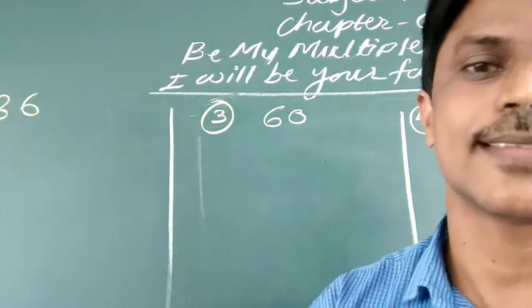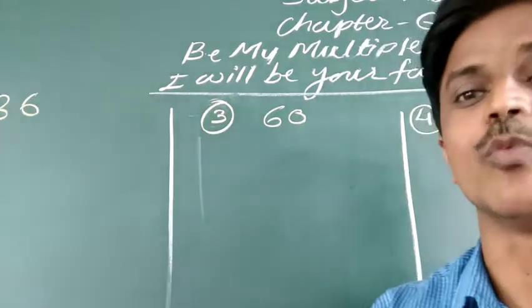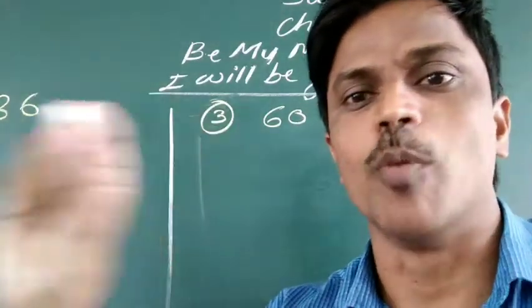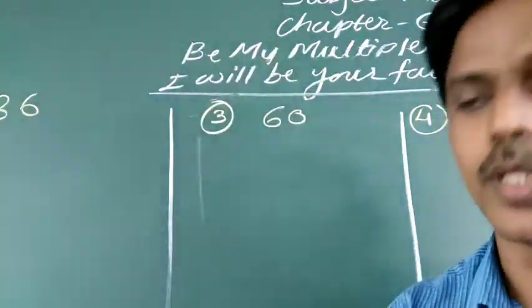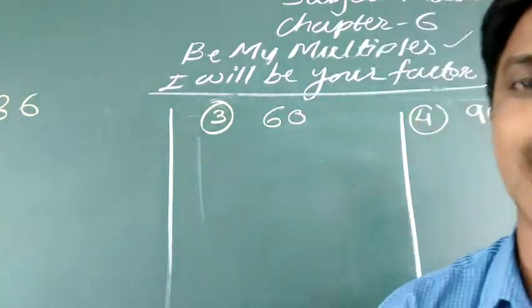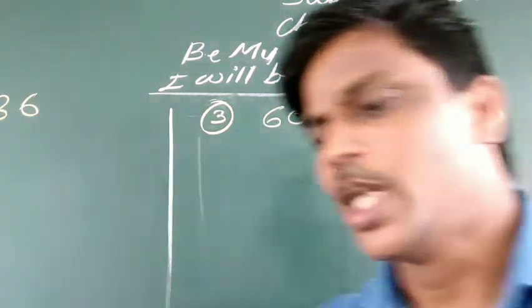Then, after that we discussed about common factor. What are the common factors? And after common factor, we found out HCF of given numbers, means highest common factor of 2 or 3 given numbers. जो भी हमारे पास 2 नंबर या 3 नंबर दिए थे, उनका हमने HCF means highest common factor find out किया था.